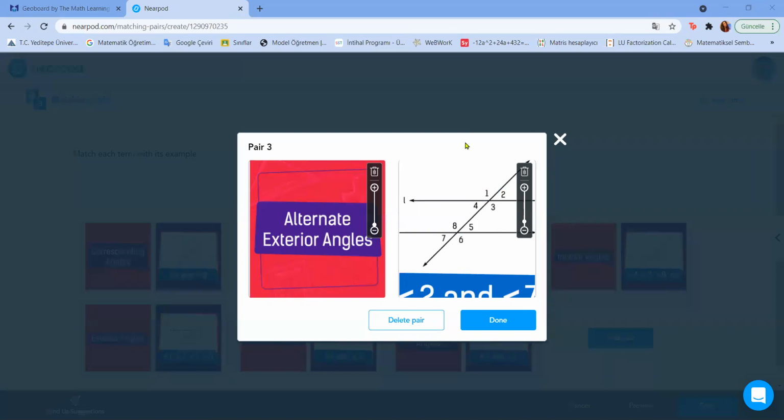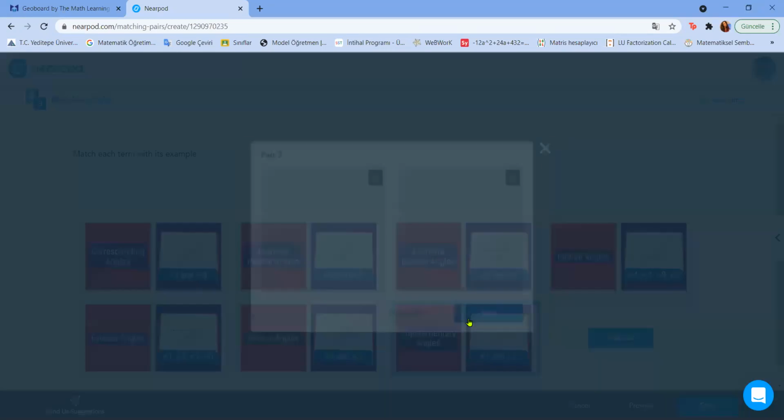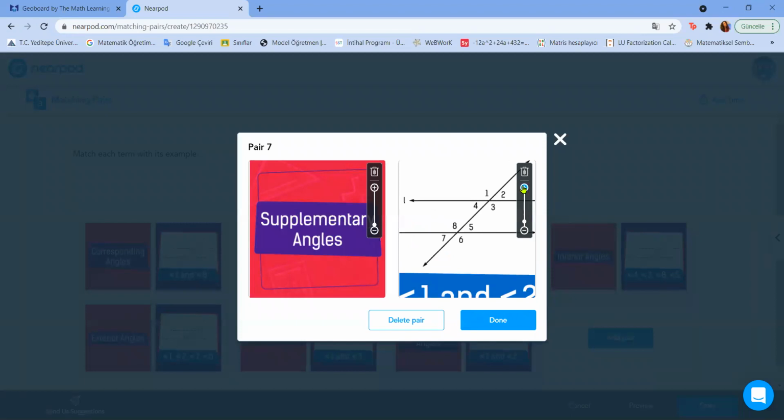Finally, angles that add up to 180 degrees are called supplementary angles. In other words, if the sum of two angles is 180 degrees, then they are supplementary angles. Our supplementary angles here are